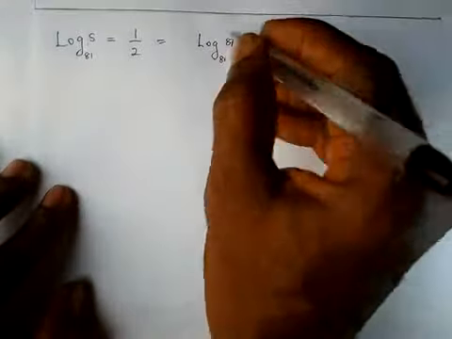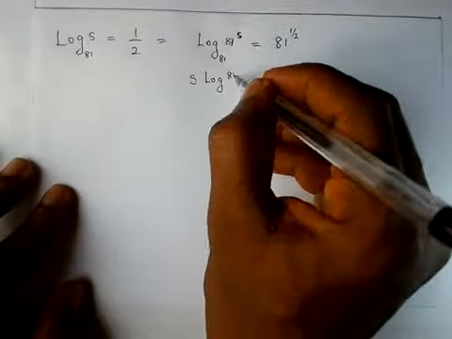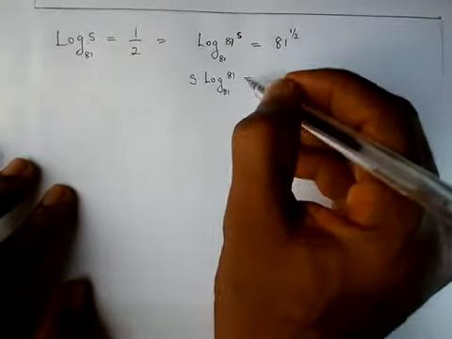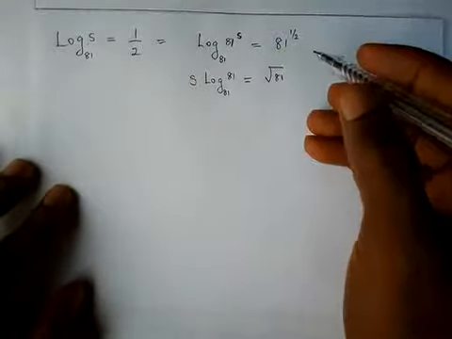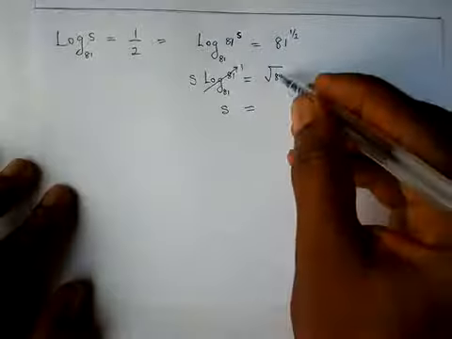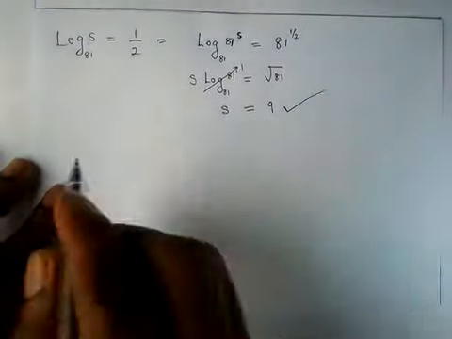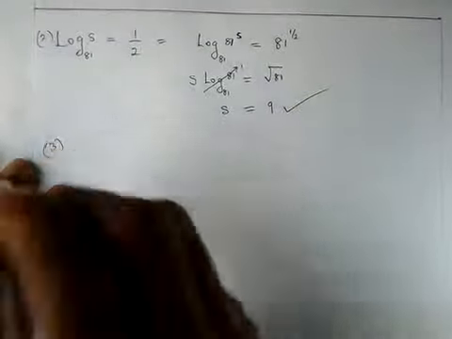not changed the math. So s can come down to give us s log 81 to base 81 is equal to, this means the square root of 81 from indices. Log 81 to base 81 is 1. S times 1 is s, is equal to root of 81 is 9. So s is equal to 9. This is number 2. Number 3,